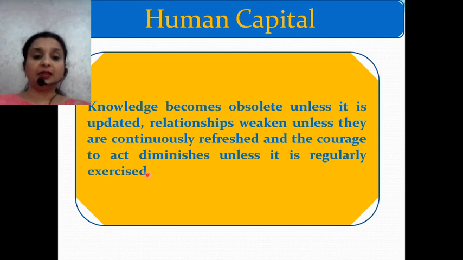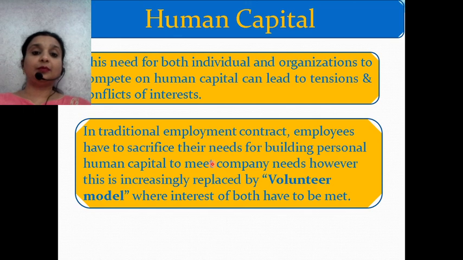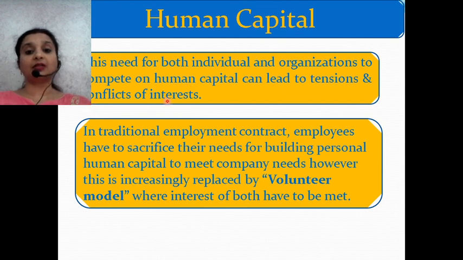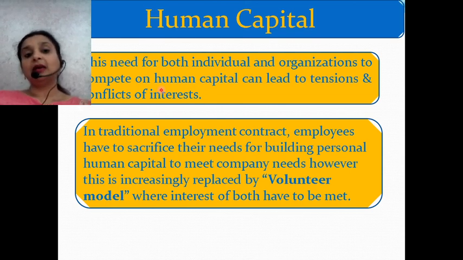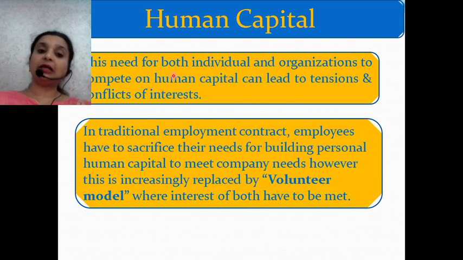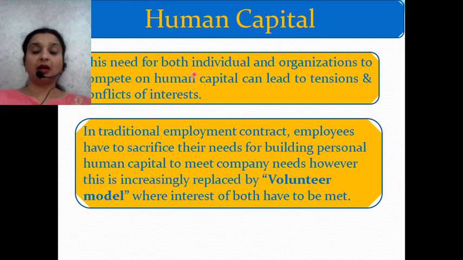So, with the help of this particular statement, you can understand that all the three elements, intellectual capital, social capital, and emotional capital, they are highly interrelated with each other. And this need for both individual and organization to compete on human capital can lead to tensions and conflicts of interest. अब यहाँ पर जब हम तीनों एलिमेंट्स को पजेस करने के लिए काम करेंगे किसी ऑर्गेनाइजेशन में, तो एक इंडिविजुअल की भी नीड है टू पजेस दीज थ्री एलिमेंट्स एंड एक ऑर्गेनाइजेशन की भी नीड है टू पजेस ऑल द थ्री एलिमेंट्स ऑफ ह्यूमन कैपिटल। तो यहाँ पर जब ऑर्गेनाइजेशन और इंडिविजुअल यहाँ पे compete कर रहे हैं to have the three elements of human capital, so at times it can lead to tension and conflicts of interest because